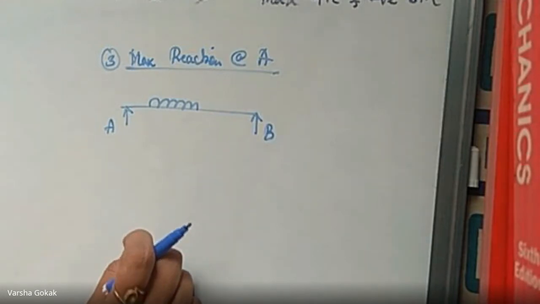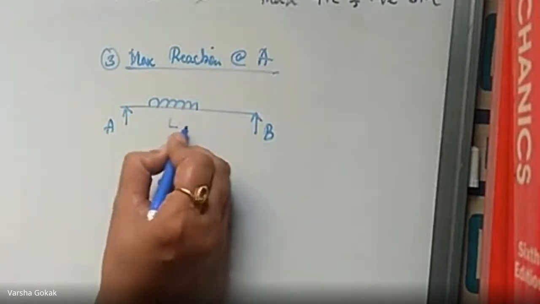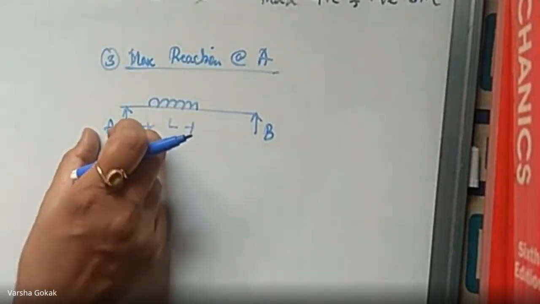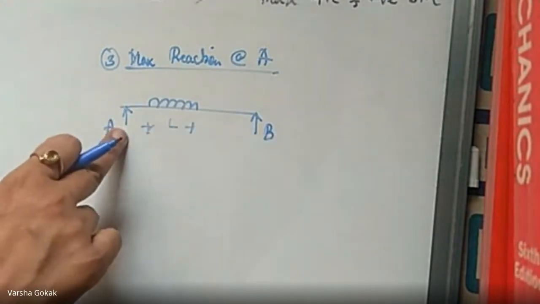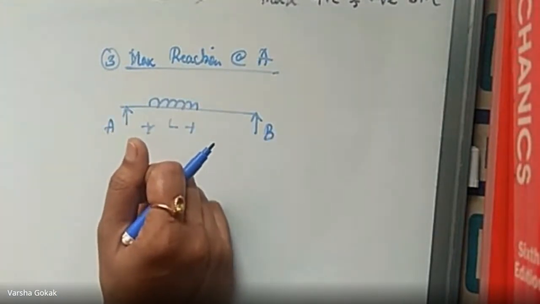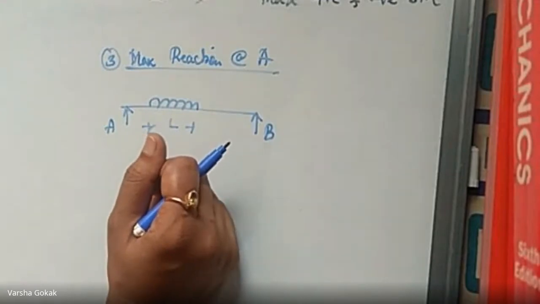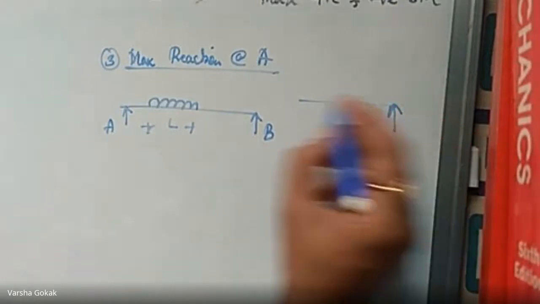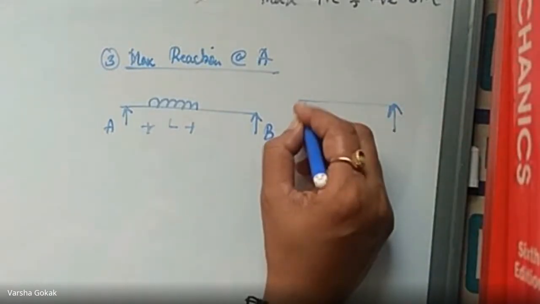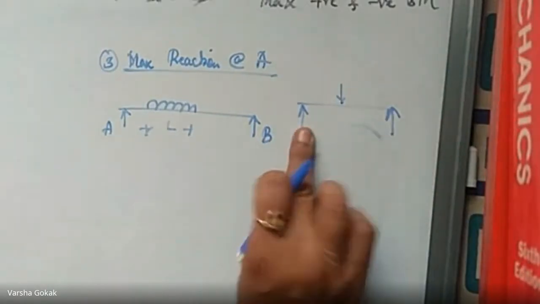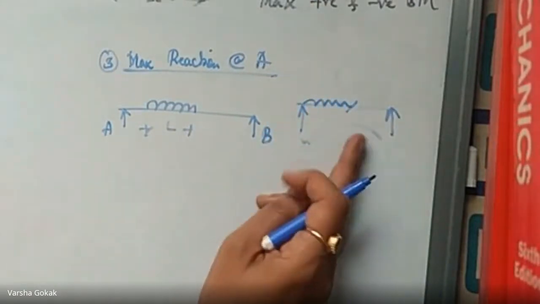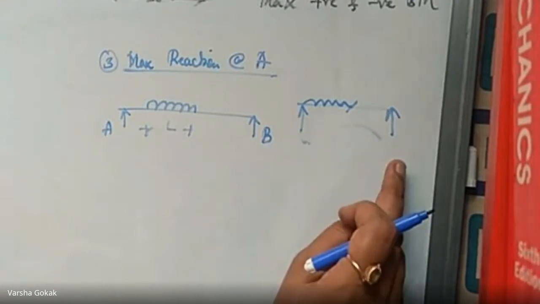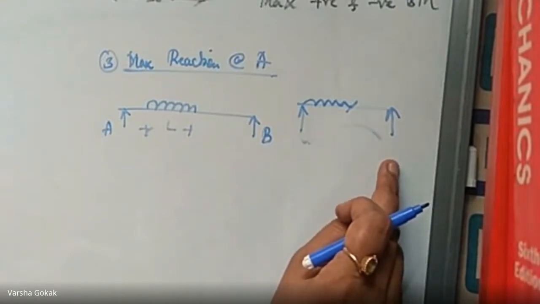If I place this UDL of some length L towards A, I will have the maximum reaction at A. Or if I place it towards B, I will have maximum reaction at A. Towards A. Simple, you take any numerical. When it is at the center, it is getting divided half and half, right? Now in the previous case, 7 meters, it was like this, right? So you found that RA was 288 and RB was 61 because this was towards A.